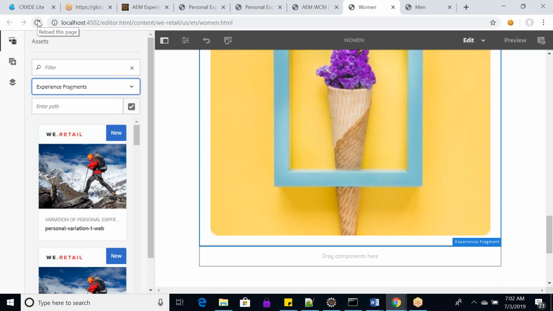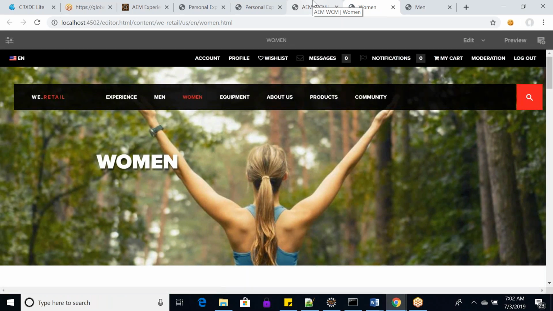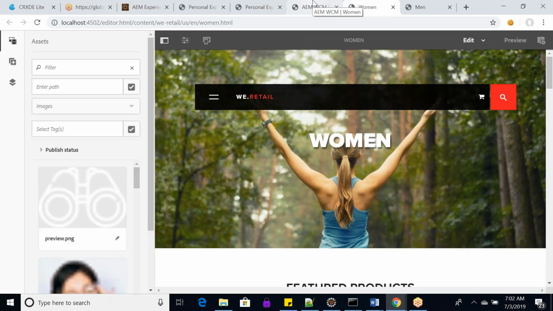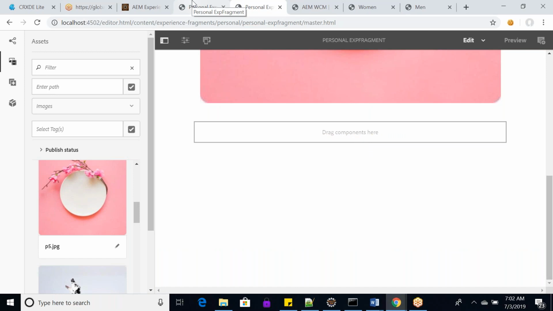it will not happen. If I refresh this one, then there will not be any change because I just changed the master copy. Okay, if I create a variation as live copy and I roll out the changes from master, then it will be reflecting. Okay, if I go here to my experience fragment,